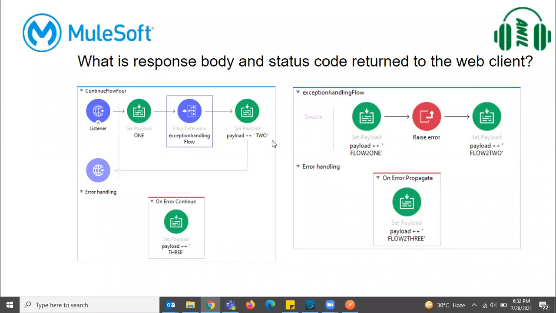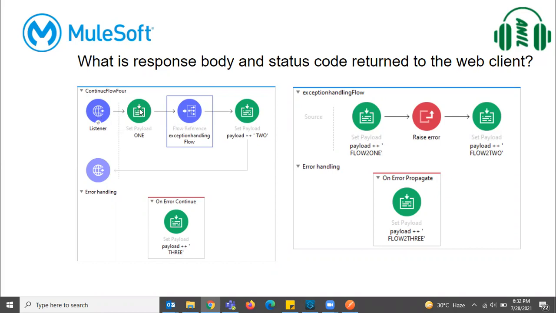What is the response body and status code written to the web client? So here we need to observe these two flows. See, in the previous question, it was referring to the subflow, but here it is referring to another flow. Okay. So here in the two places, we have an exception handler. Let's say we are sending a request to this.